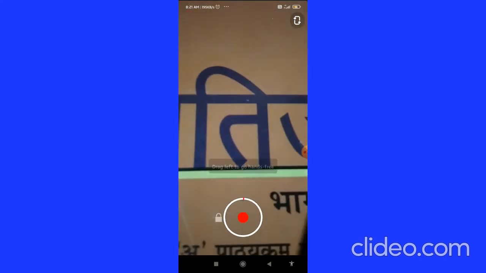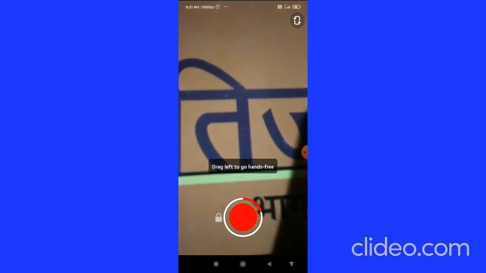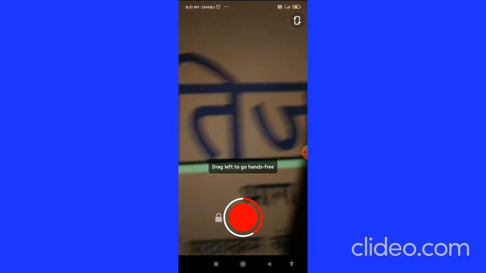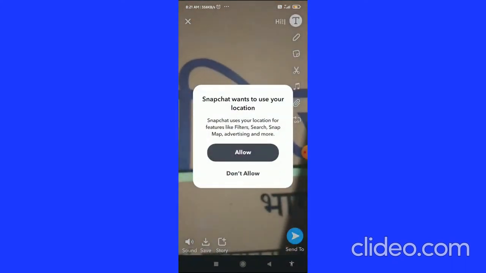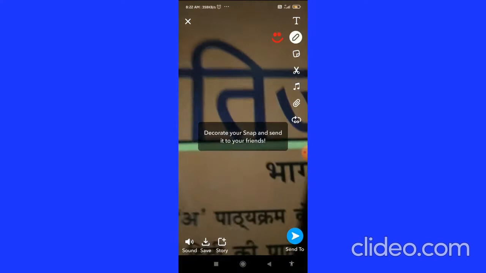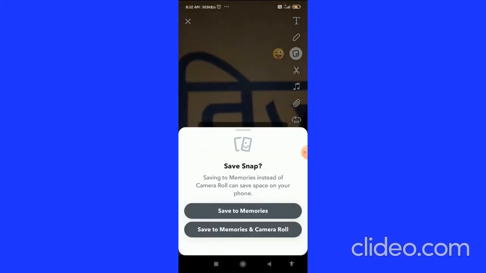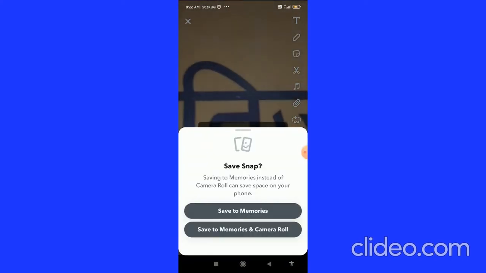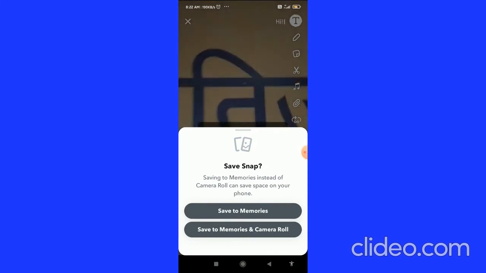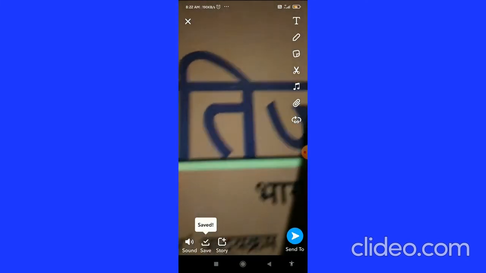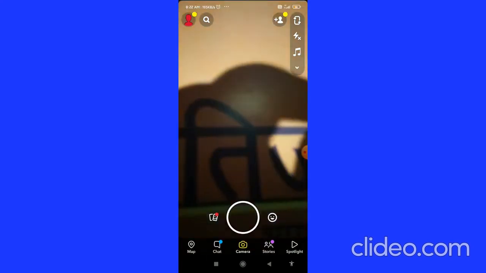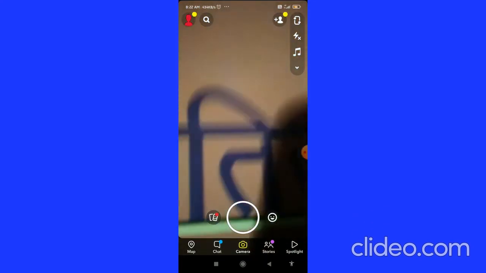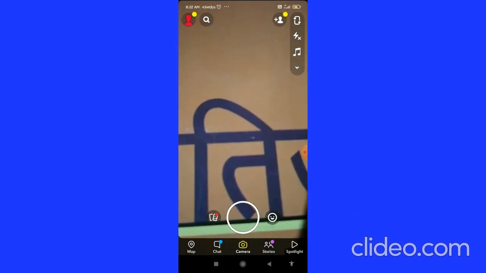When you leave it, then you can click on the save button in the bottom left corner. When you click on this, there is an option of save to memories. Then you can save the memories, and after that you have to click on the cut button in the top left corner. And what you have to do is click on the